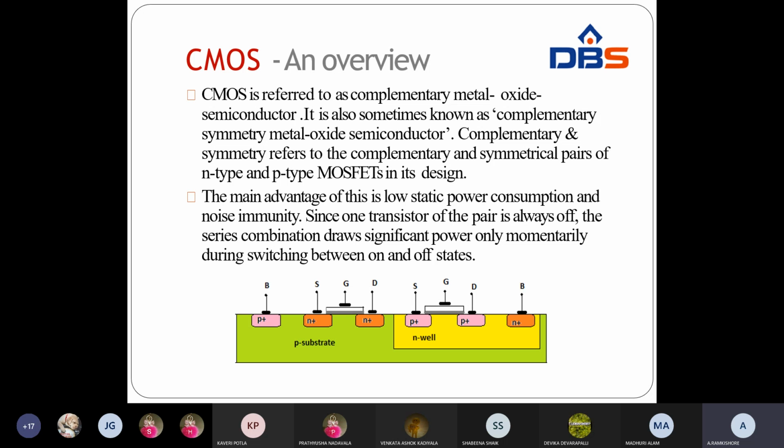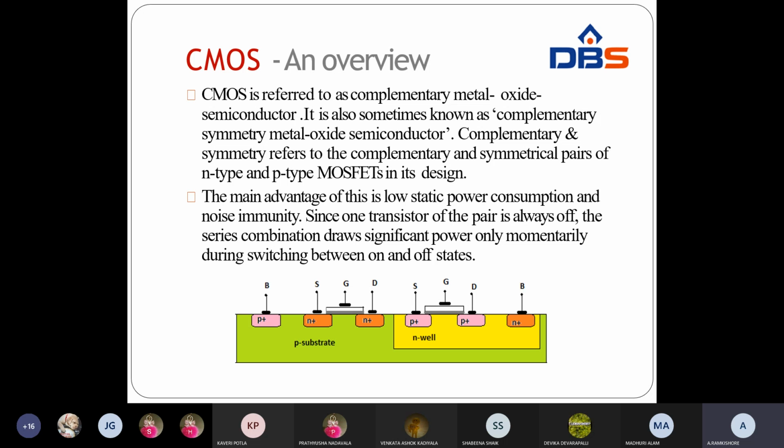So within the P substrate, by combining N diffusion with the P substrate, it acts like an NMOS. In the N-well portion, we have to diffuse P-type material, so it acts like a PMOS device. By combining the PMOS device and the NMOS device, it acts like a complementary metal oxide semiconductor. Already in the last semester, in DST also, we discussed the CMOS configuration, a simple